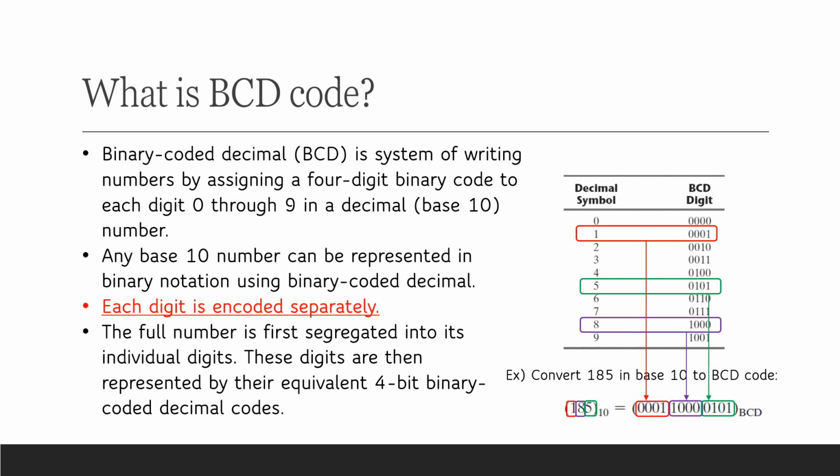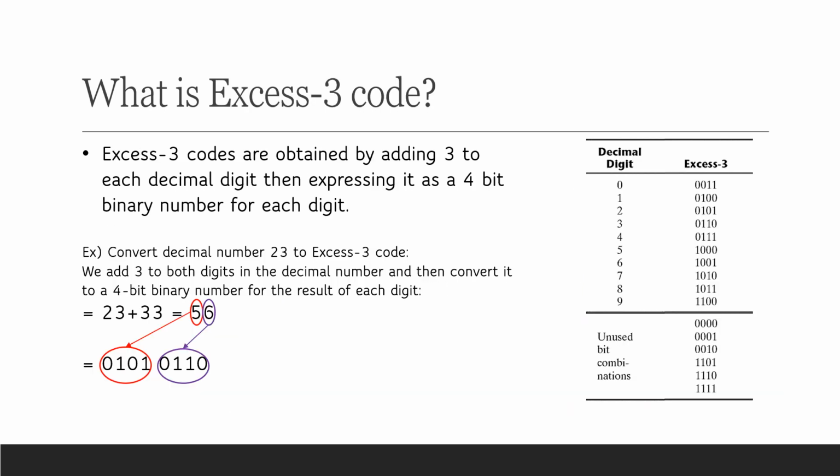Now, another example of this is XS3 code, which is a coding system that's used in some older computers. XS3 codes can be obtained by adding 3 to the decimal digit and then expressing it as a 4-bit binary number for each digit. Now that we have an understanding of what's being asked of us, we can get back